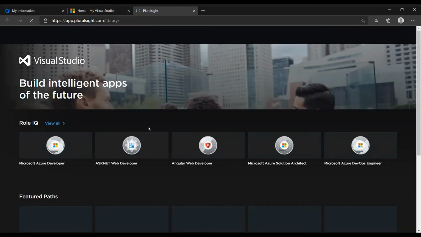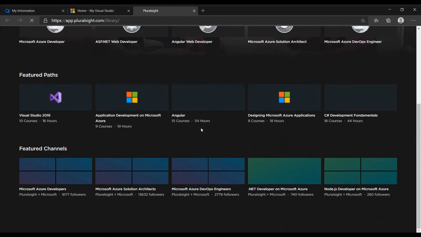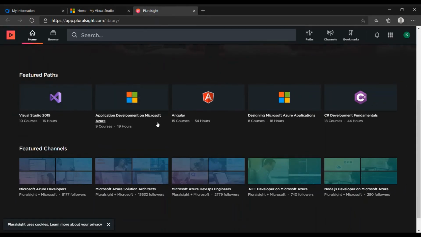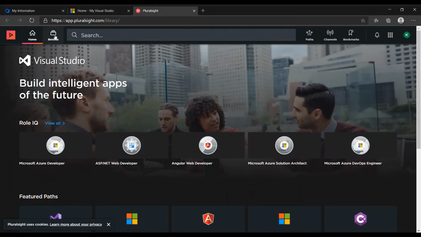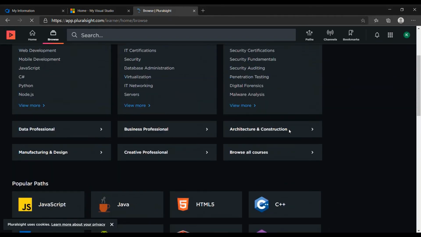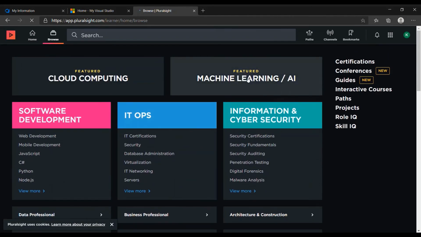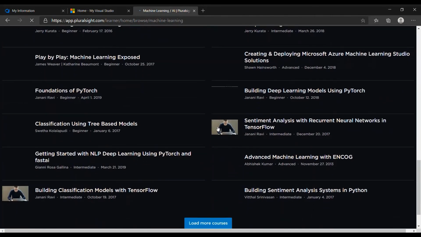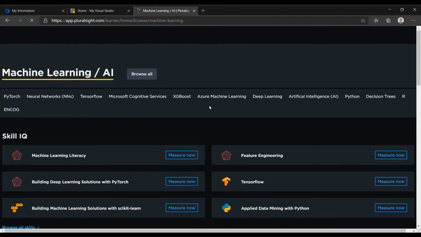As you have got a one month trial, you have taken it from Visual Studio, right? Here they will be showing you so many things related to Visual Studio learning. You can learn Visual Studio, no problem here. Microsoft Azure is also there, you can learn from here. Moreover, if you are interested in some other topics, learn those. And here, as I'm showing you, this machine learning and AI one, there are so many things through which I can do anything.